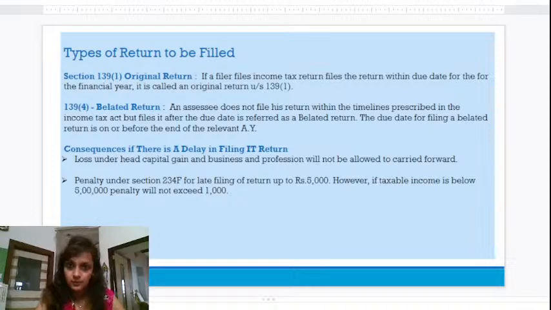So let's suppose your income was below 2.5 lakh, only some income from other sources. For you it is not mandatory to file the income tax return, but if you want to file, it is up to you. It is your choice; you can file your income tax return on a voluntary basis.